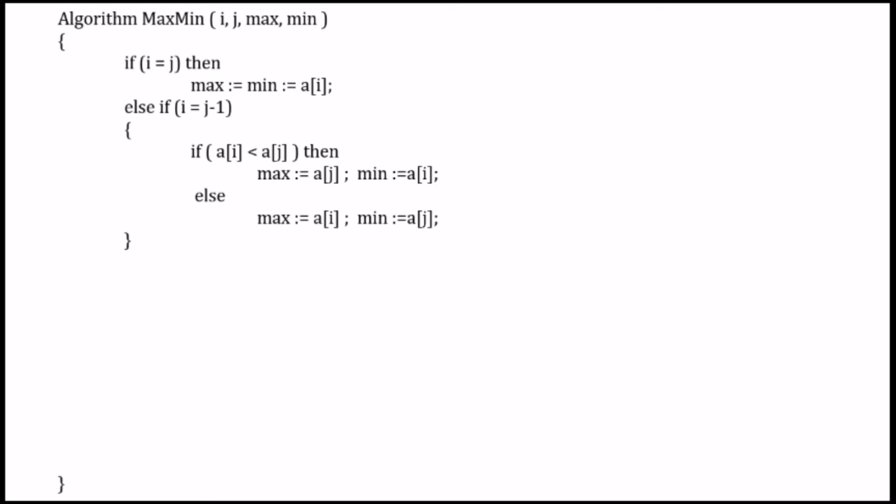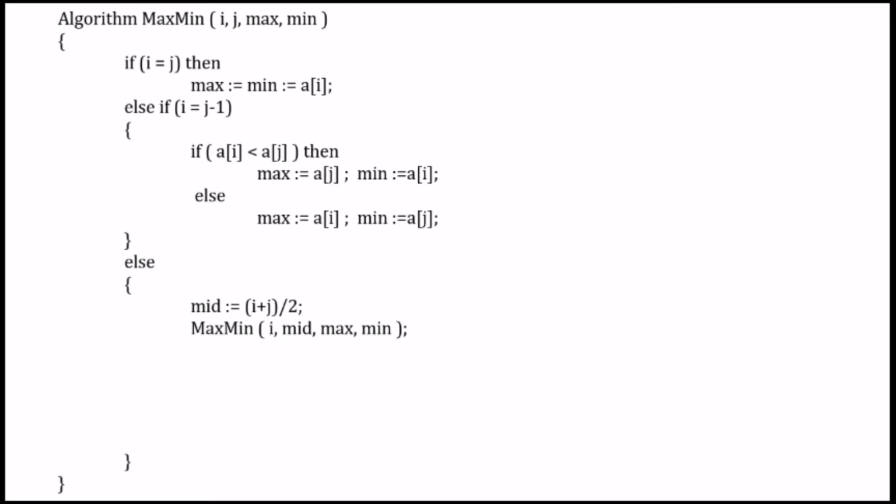So both these checks are for if there is only one element or if there are only two elements. So what if there are more than two elements? In that case we can apply the divide and conquer strategy, so this will be in the else part. For that, first we will find the middle value so that we can divide the given array into two different parts.